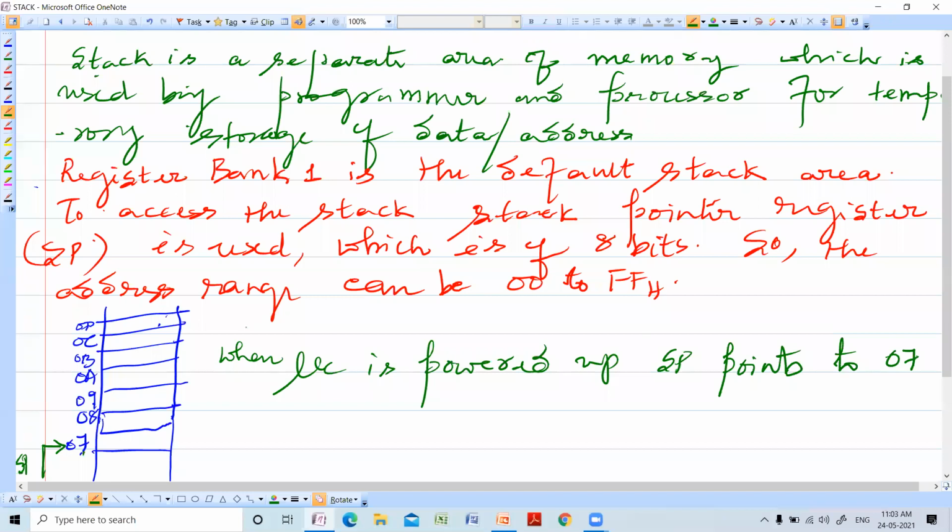SP always points to 07. So that is very important.